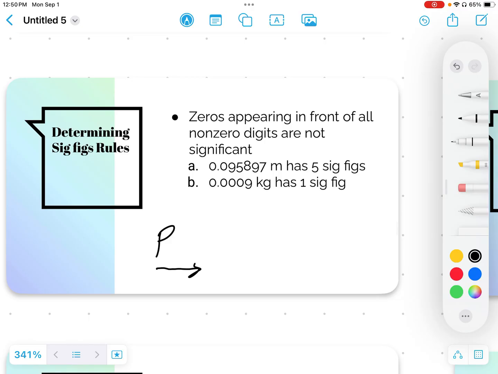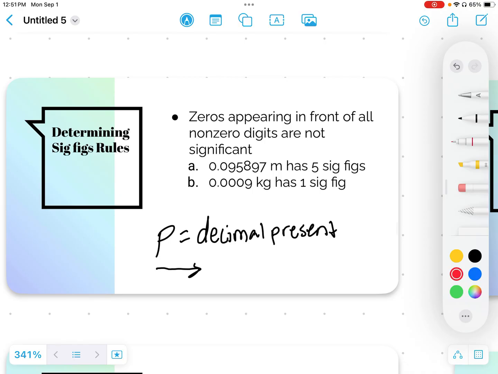From there, everything behind it becomes significant. So P equals decimal present. Okay, so we go to the front, swim until you hit a number, and then from there, everything beyond